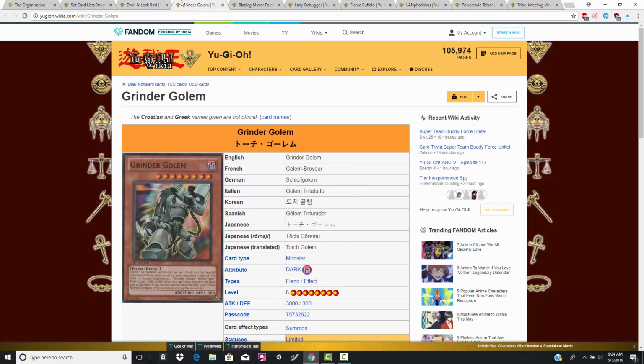You also have a Grinder Golem reprint. This is a card in the Vrains era that probably does need to be reprinted. I know it's kind of a degenerate card. I'm not the biggest fan of Grinder Golem, but it's limited at 1, so I think I can kind of tolerate this. Grinder Golem, and I checked TCG Player not that long ago, is basically a $4 card at the lowest, but I believe the super rare is like $10,